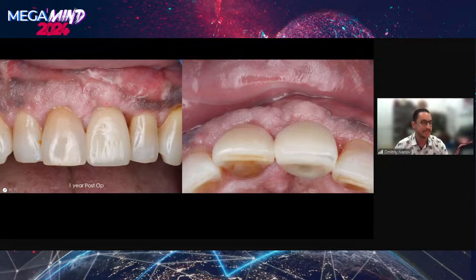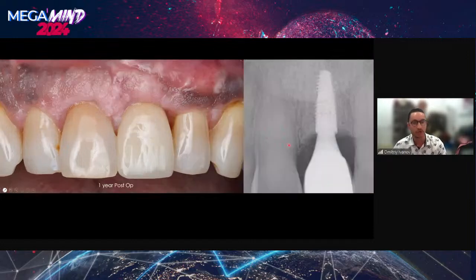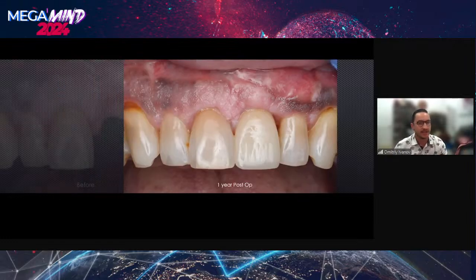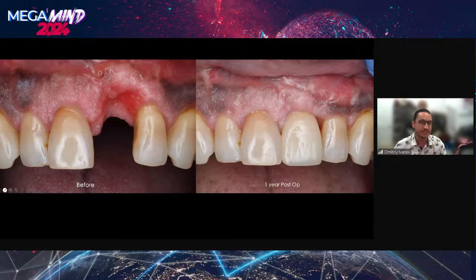The tissue was quite stable, extremely functional, very nice contour of the restorations. Although we do have some soft tissue defect in approximately. The crestal bone level, this is an x-ray after 1 year of function, also quite good. Actually, there's some more notable cortication that was formed compared to the initial delivery of the prosthesis. So again, comparing the before and after, where we started with a big disaster to this full recovery, or at least a part of full recovery of the facial tissue and partial recovery of the papilla, patient again is extremely